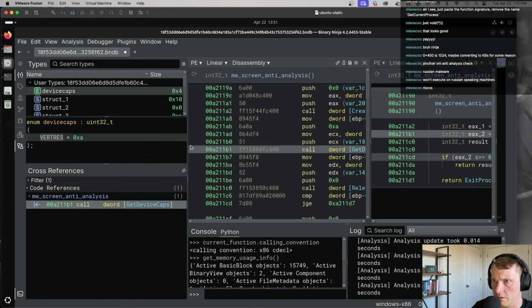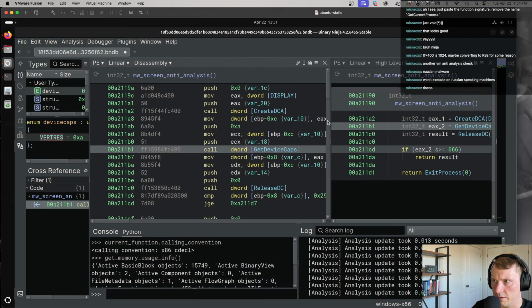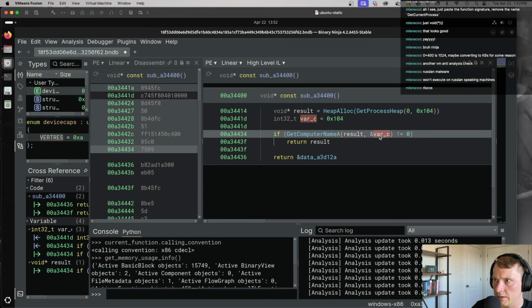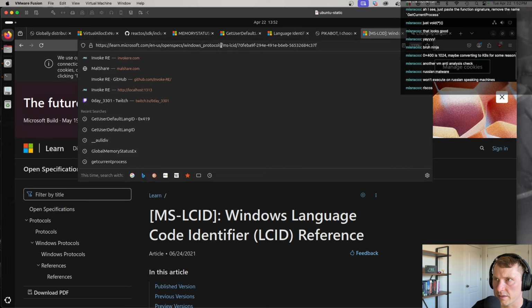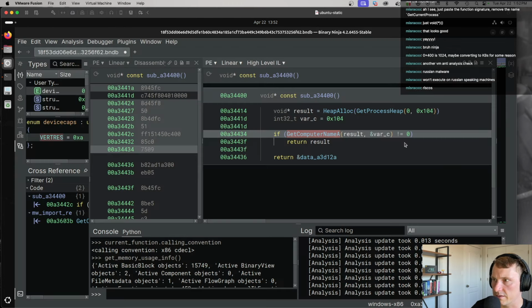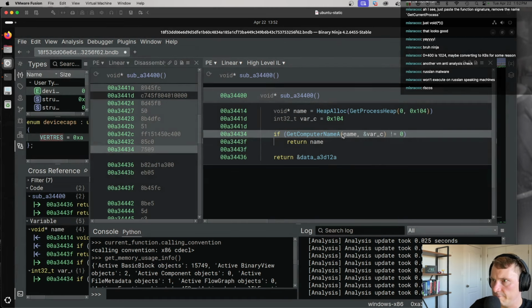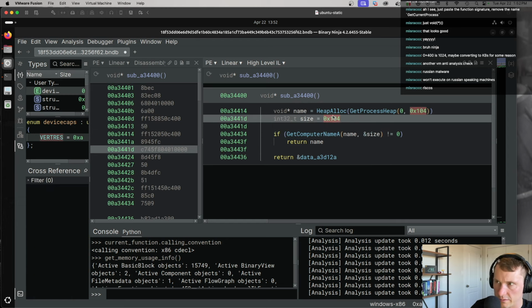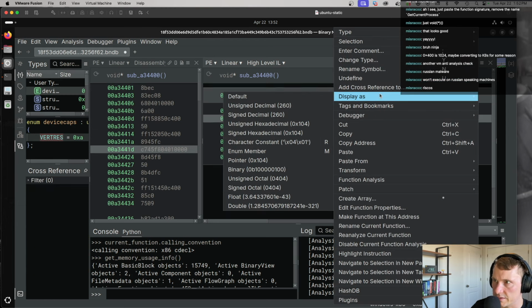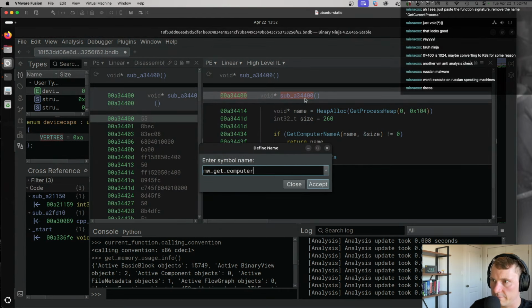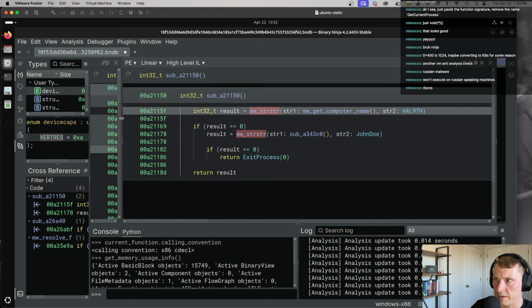guess. And then if we look at the last one here, we have a call to get computer name, which is, if we look at the docs here again, we have LP buffer and size. So that's just going to be the name and then the size, which is just max path, I think, because it's 255 bytes to 260 bytes. So get computer name, and then, so it's checking for the computer name